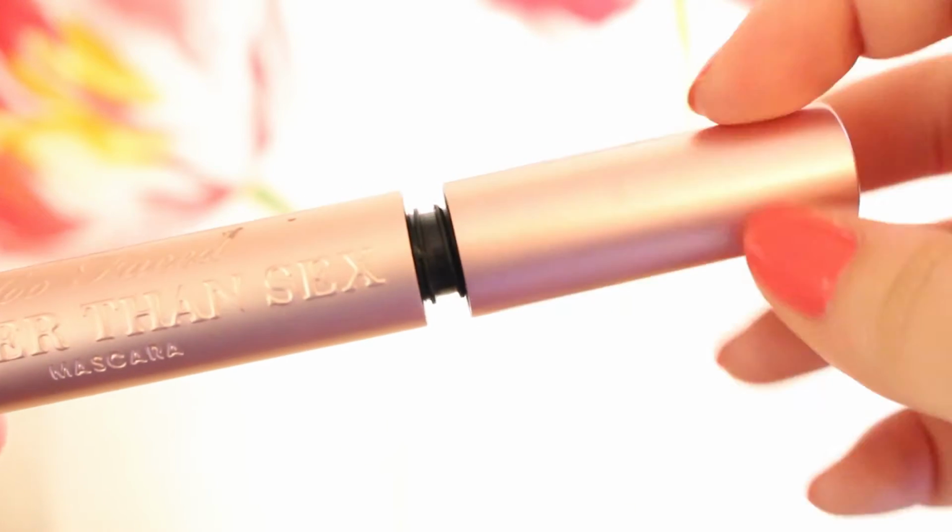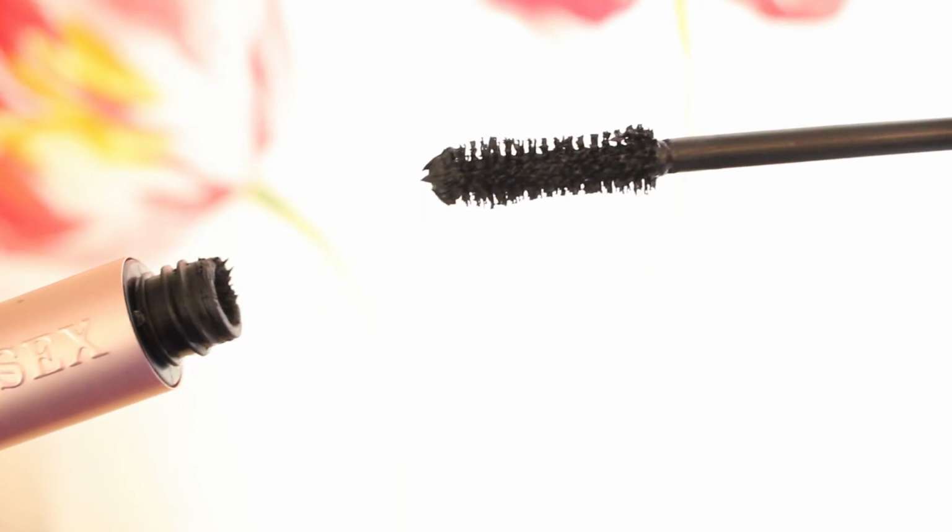Now the next two products, I have to admit I'm pretty late to the party with. We don't have Sephora in South Africa, so usually when I'm away on a ship working, I'm always on the lookout for a store, just so that I can buy products that I've been seeing other people using on YouTube. Now this one over here is the Too Faced Better Than Sex mascara, and I must admit very seldom does a mascara blow me out of the water. I usually stick to